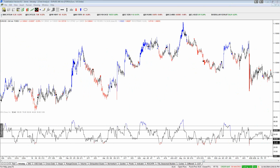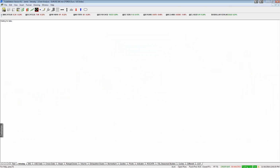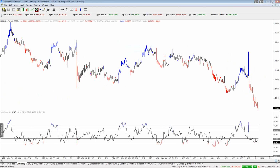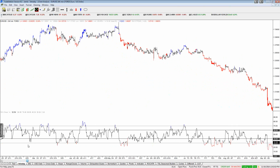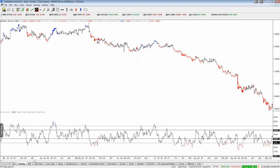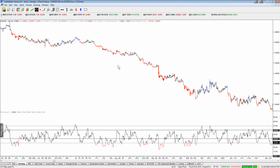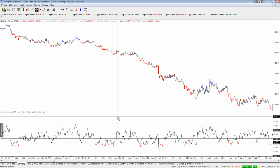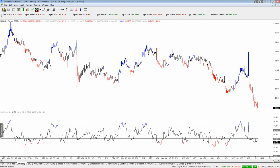So let's see. Let's go back to the very strong trends back in the euro. So this was the top back in May, okay? You can see all the 4-hour sell signals, okay? All the 4-hour sell signals is when you get RSI to essentially make a 5-day high and price does not. Now, really what you're looking at here